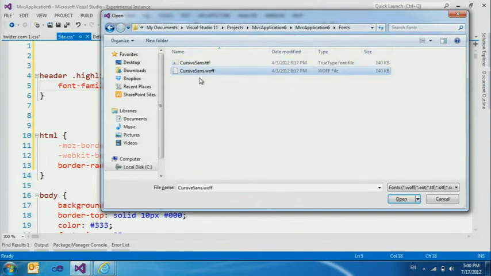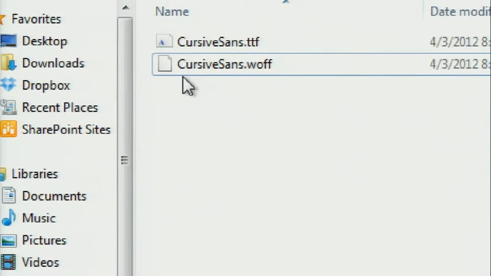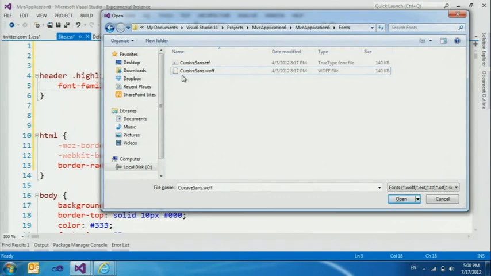And here I have two fonts. They have the exact same name, Cursive Sans, but they have different file formats, a TTF file and a WOFF file. WOFF is the new CSS3 standard, supported in IE9 and all of the browsers. TTF is supported in IE way back when. And there are 4 different formats. There's SVG as well, and then there's EOT. But these two take you far. So, excuse me, I only have the 2. I don't have to insert both of them though. I'll just choose one of them